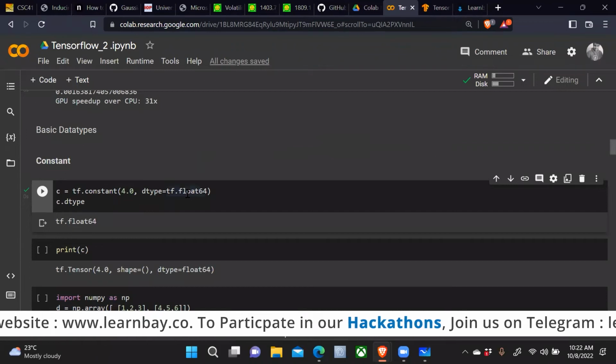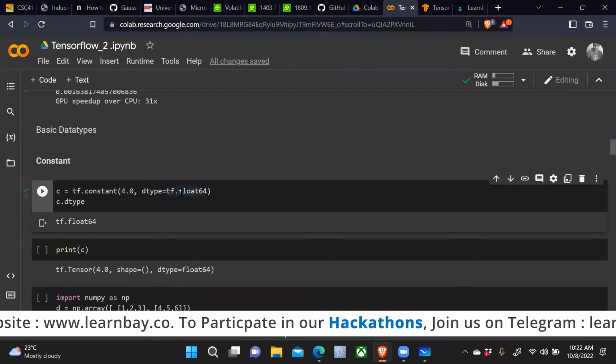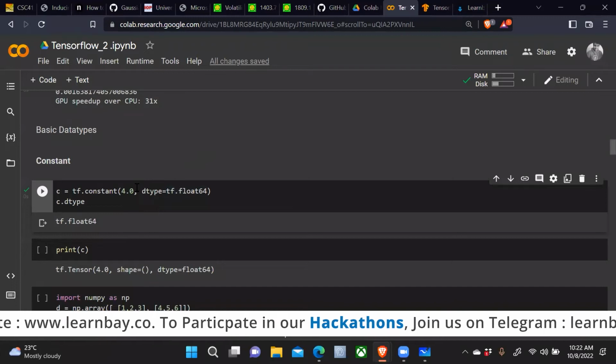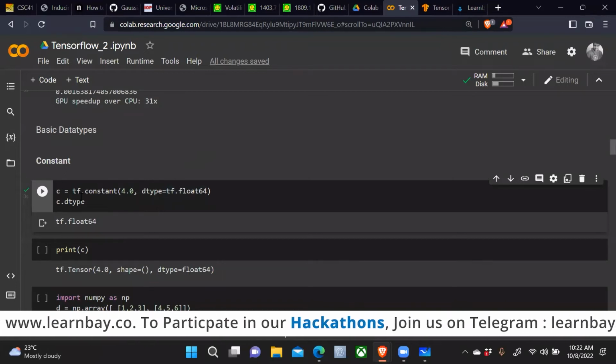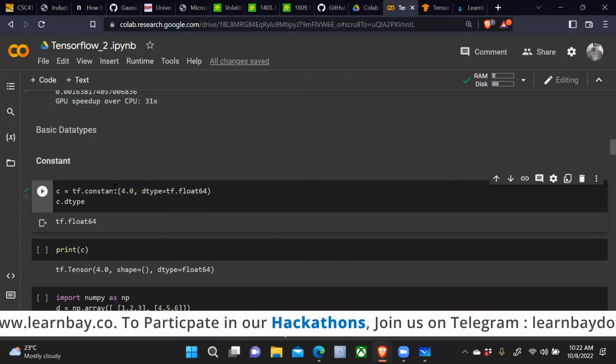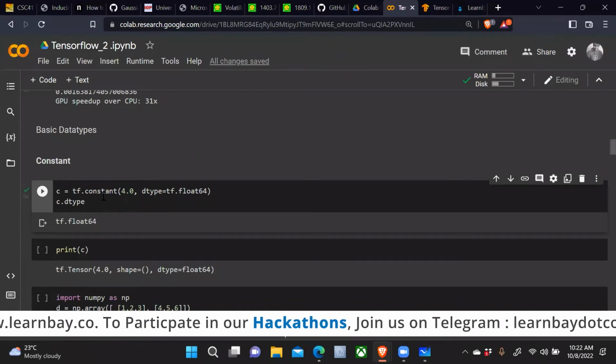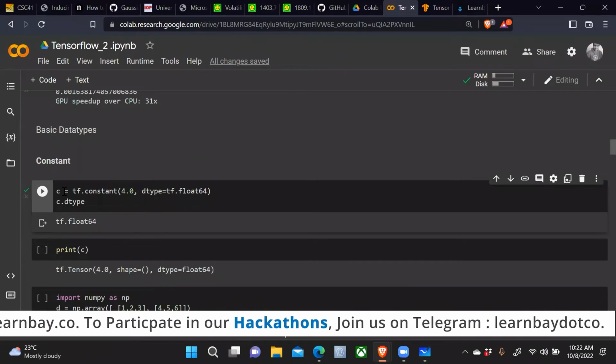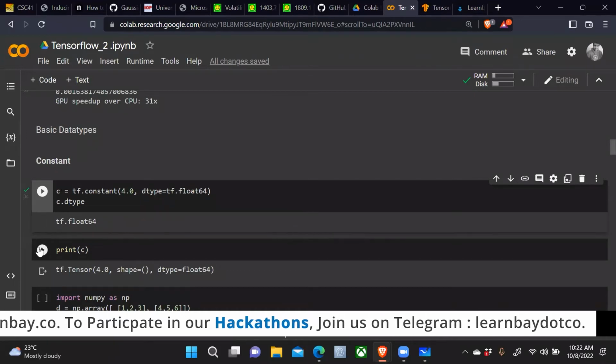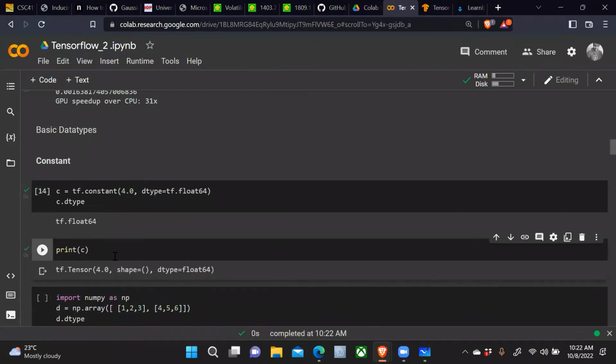So 64 bits of information about this float is basically going to be called a double. And let's say I want to store a 4.0 here. So C will store this constant, and the 4.0 is now going to be treated as a constant, because C inherently has become a constant. And if I were to print C,